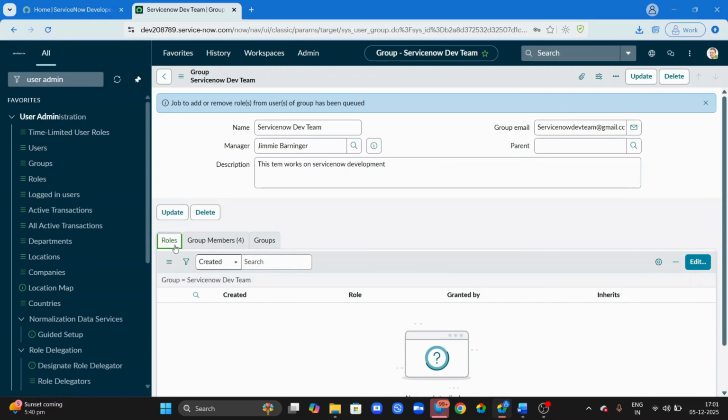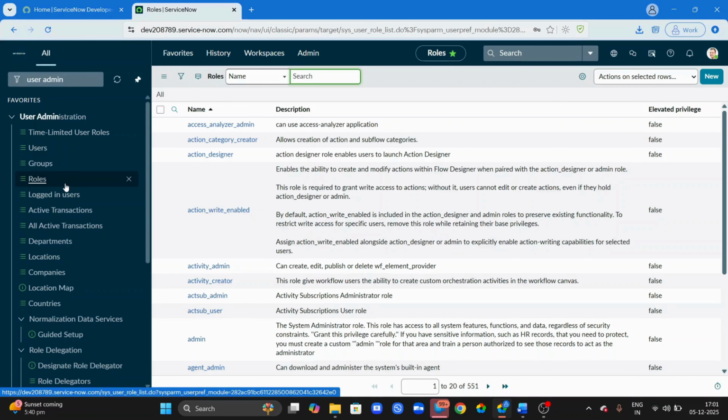So the roles will be assigned to the groups. Then only you will be accessing the application based upon the roles. So we need to give permission. Here, what we need to understand is roles are nothing but the permissions which we are giving to the employees to access the application. One more thing, guys, please do remember, in real time we do not assign any roles